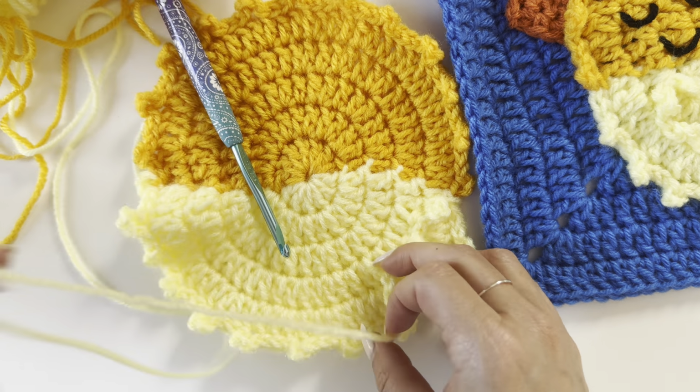Okay, let's go ahead and add the little sleepy closed eyes, smiling eyes, whatever you want to call these, and the mouth. They're all going to be little half circles there. So I'm just have my strand of black yarn, my tapestry needle. I'm going to come up from the back side. Remember, it's okay if the back side looks a little messy. And I'm just going to start